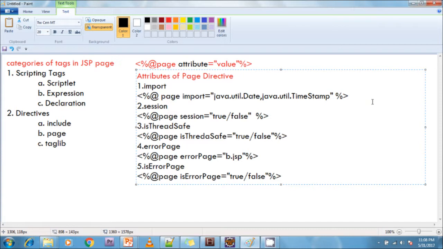Now next I am going to discuss contentType. The sixth one is contentType. See here, this attribute is used to set the MIME type for the response. The default value of this attribute is text/html. In JSP, we can set the MIME type in two ways: using the contentType attribute, or otherwise using the setContentType method. The syntax is @page